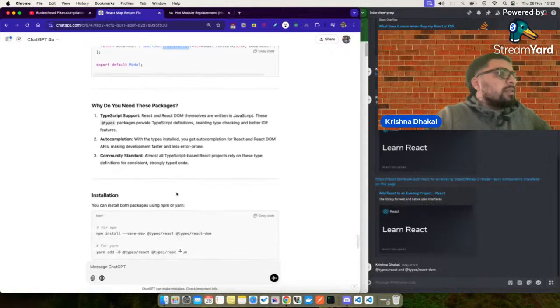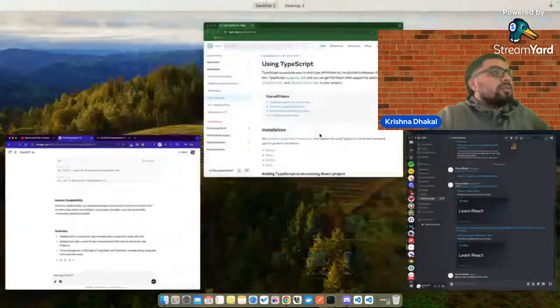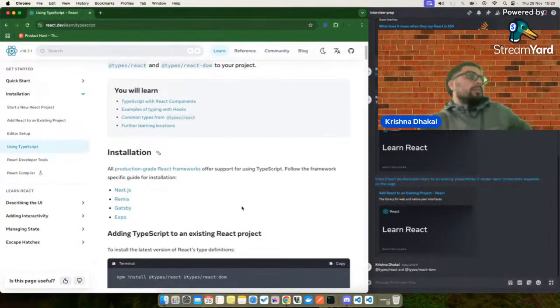Why do we need these packages? Error prone installation, version compatibility. I think it's okay for now, right? So using TypeScript in React is,